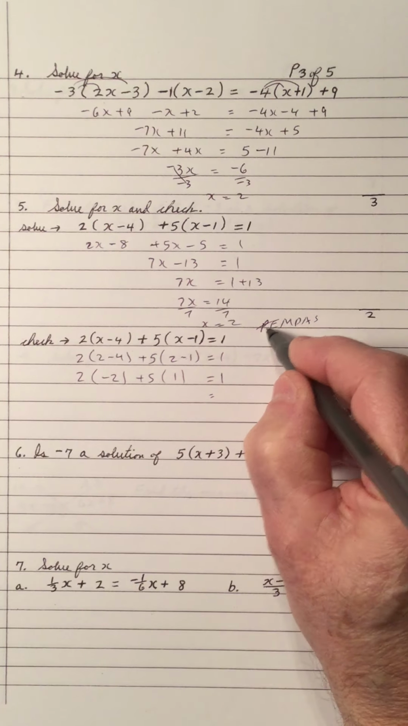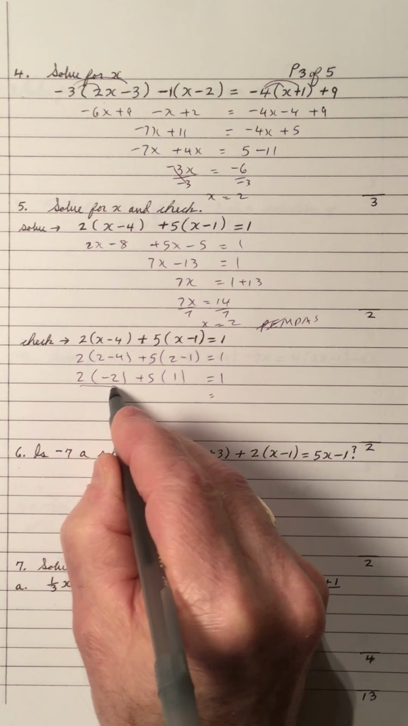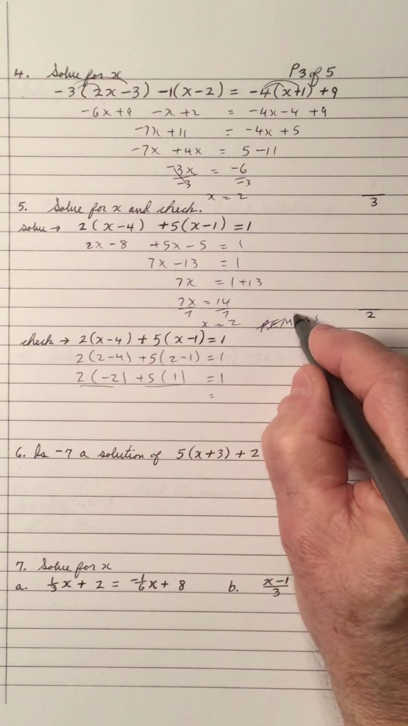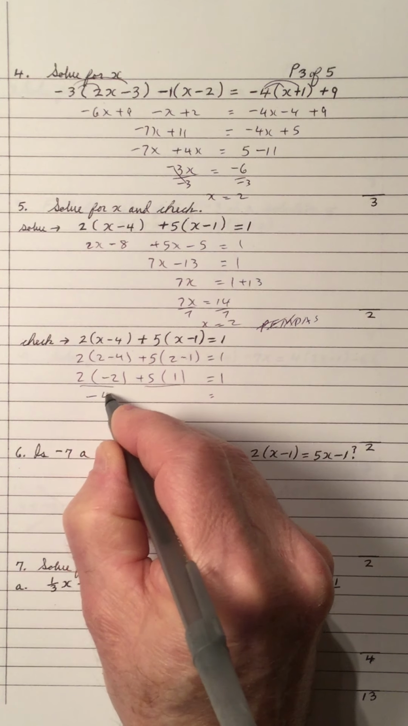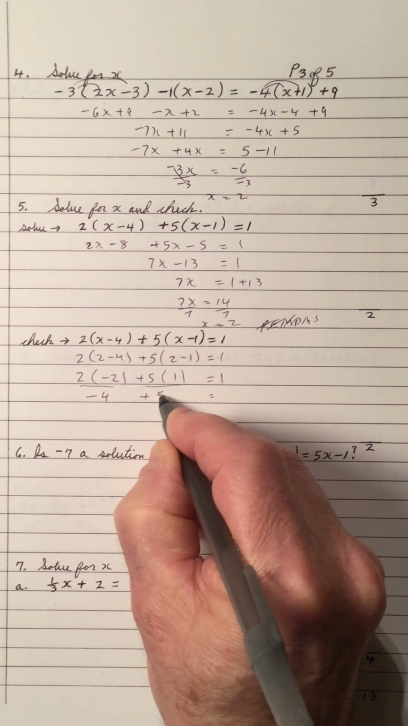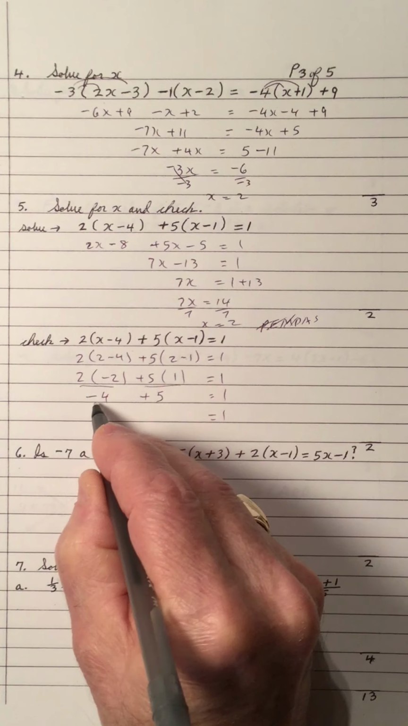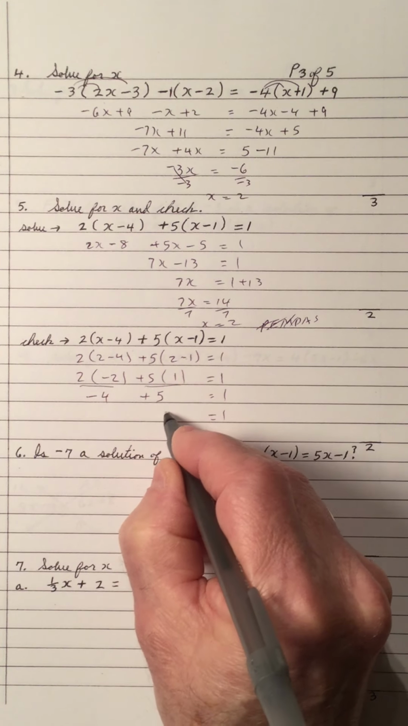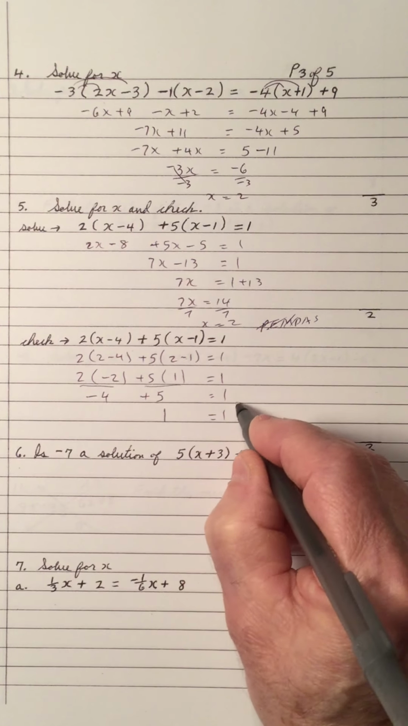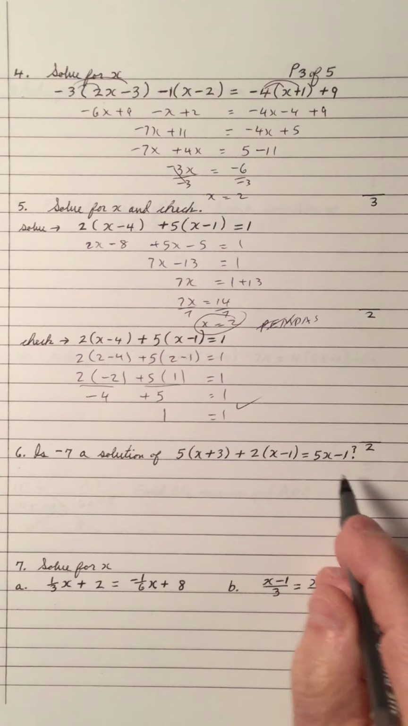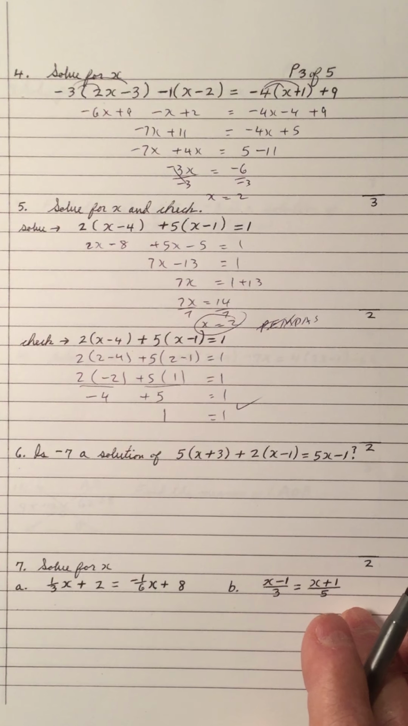There's no exponents to do. Now we have to multiply to simplify, because we do multiplication and division left to right. So that gives me a -4, and that gives me a 5. And that's a 1 there, keeps coming down. -4 plus 5 is 1. 1 equals 1, so that means that x equals 2 is correct. Give yourself 2 marks if you did the